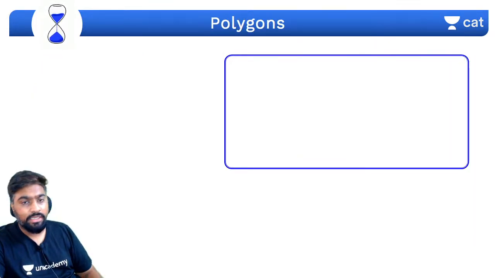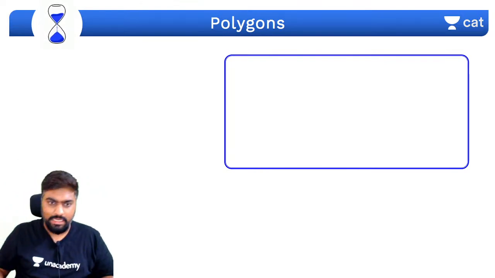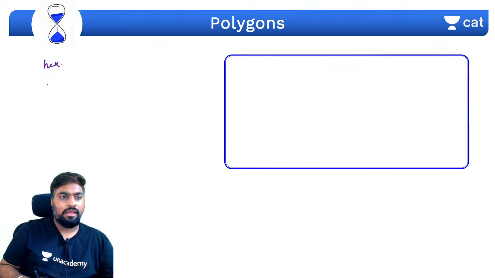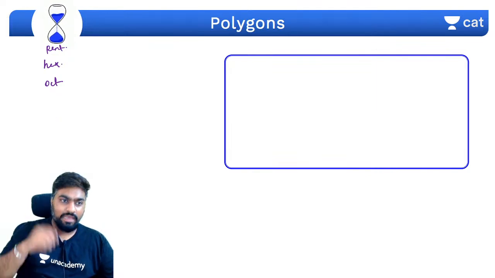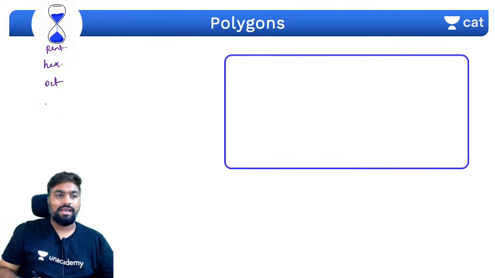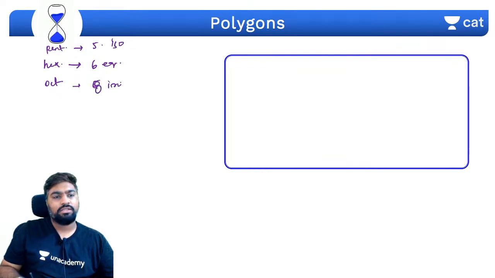Now let's move to other polygons. See, the most important polygons are hexagon and octagon, but we will also be discussing pentagon. Heptagon, nonagon, decagon, उसके questions नहीं आते हैं. आ भी गए तो you can find the area of that particular isosceles triangle. है ना? Isosceles triangle करके आप कर सकते हो. Are you getting this? In a hexagon, you will basically have 6 equilateral triangles. तो 6 times the area of each equilateral triangle will get it to you. Pentagon में क्या होता है? 5 times isosceles triangles. Octagon में 8 times isosceles triangles. Got it?